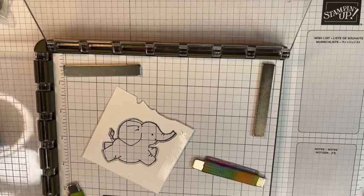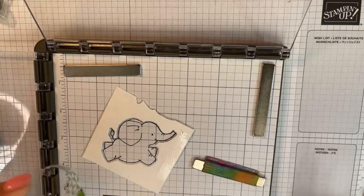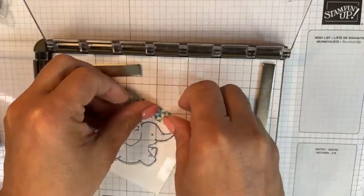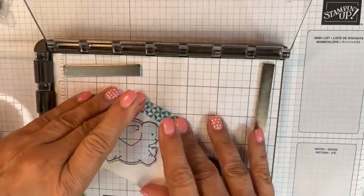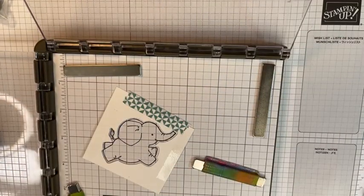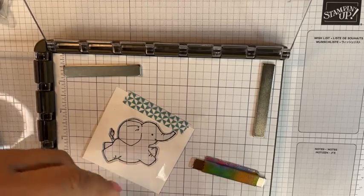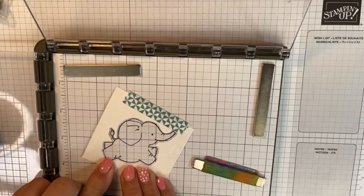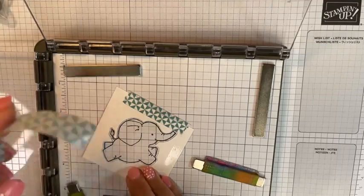Because I know when I'm putting my little die cut pieces down, I can kind of get a little bit of movement in them when I don't really want to. So I'm going to just take a little extra minute to get myself ready so that I am successful with my